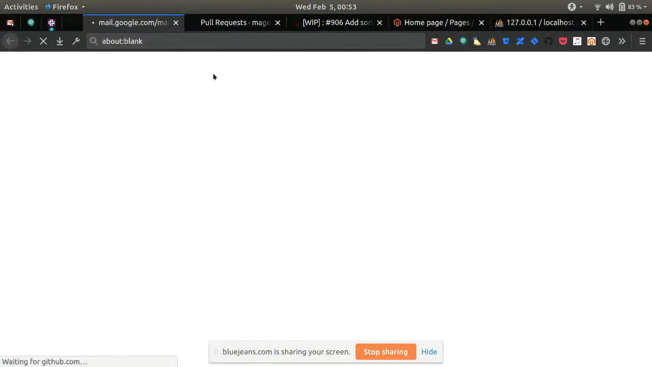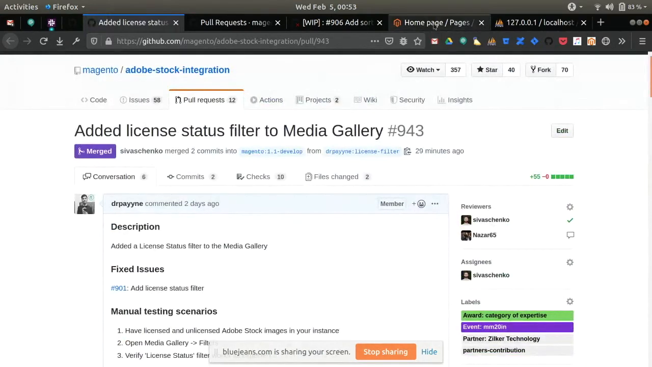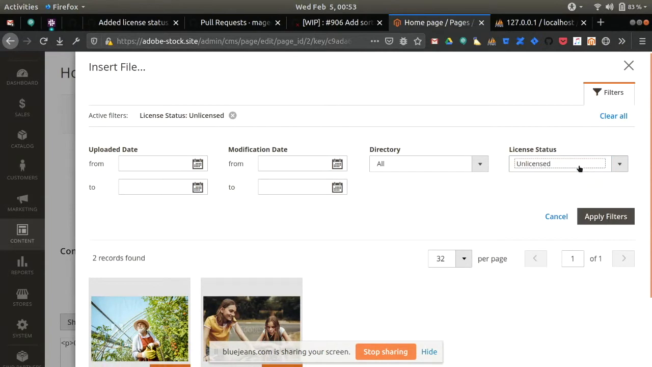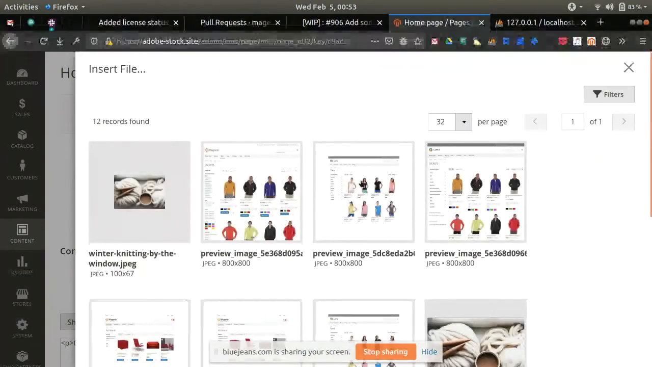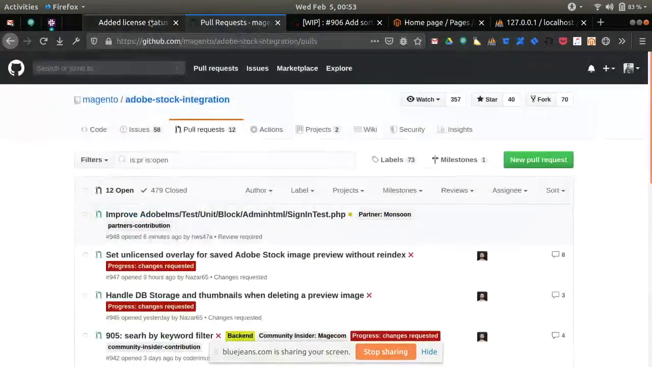Yeah, so one of my PRs was to add a license filter to the media gallery module here. Yep, this one. If I click licensed, all the licensed images show up, and if I click unlicensed, only the unlicensed images show up. If I click all, all the images show up, including the ones which are local to the instance here. And I did that by